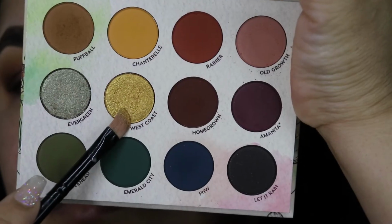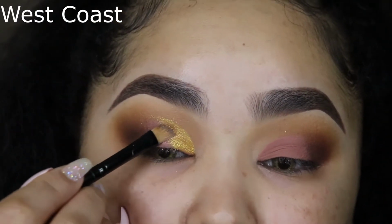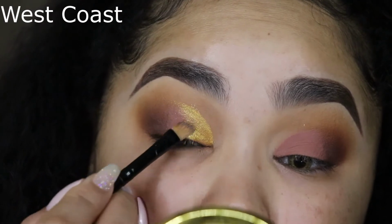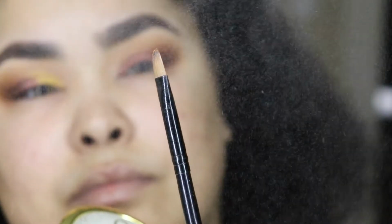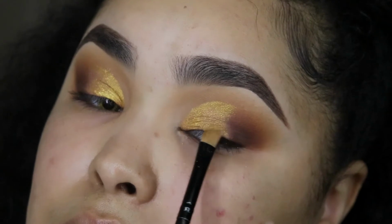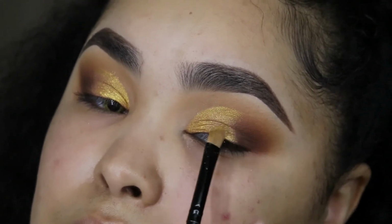Right, so I go in with West Coast too, plus I can never not go with some type of shimmer or glitter, so that's why I chose this color. And I love to put golds and warm shades on, so that's how I decided to go in with West Coast. I didn't add any extra glitter, although in the future I do think I might add a little extra glitter. It was going on fine dry, but I felt like it went on better when the brush was wet,